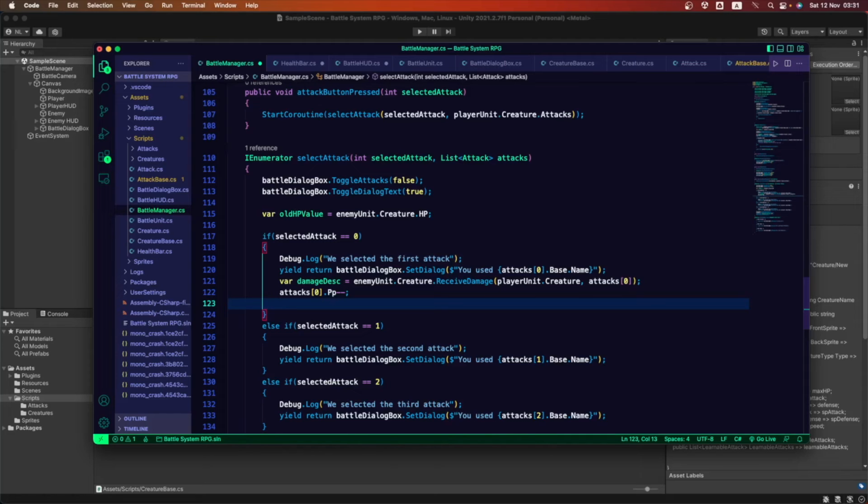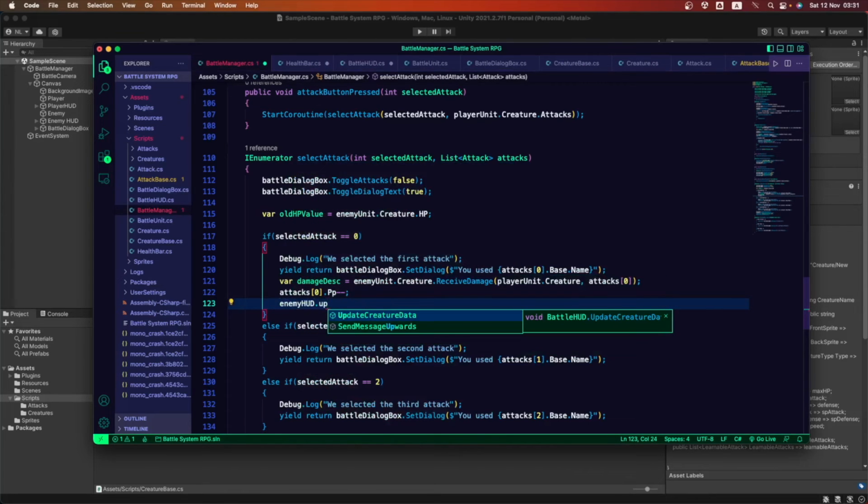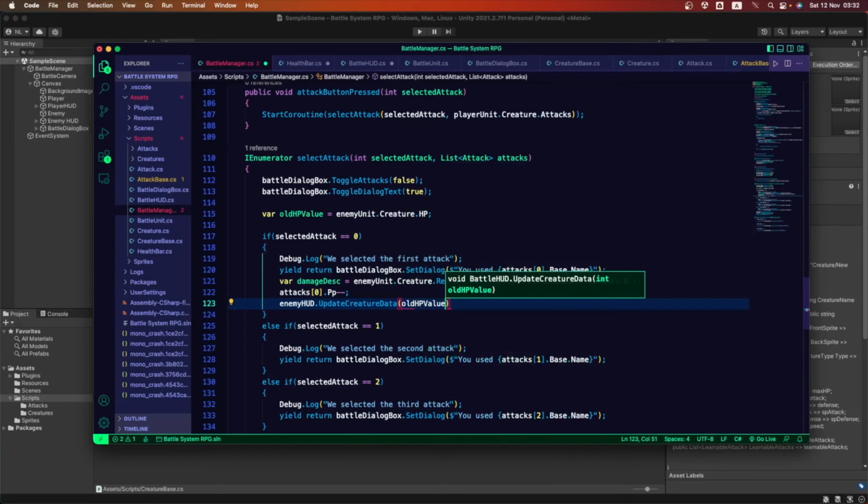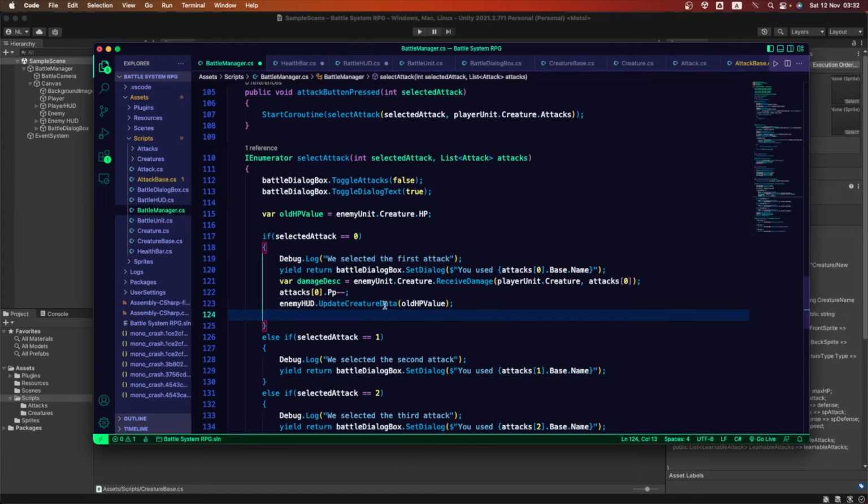Now in the enemy HUD, we want to update the creature data, and we want to pass the old HP value for that creature. We want that result which is coming from here.